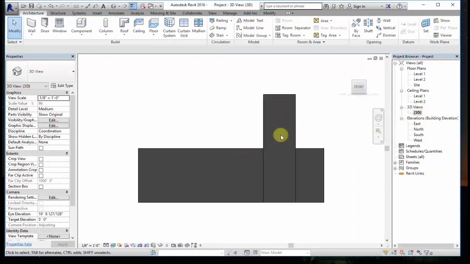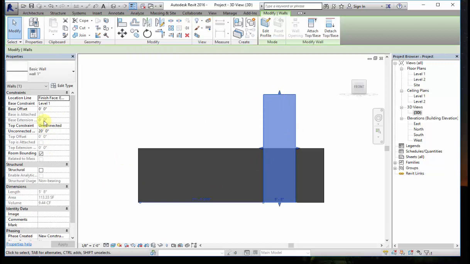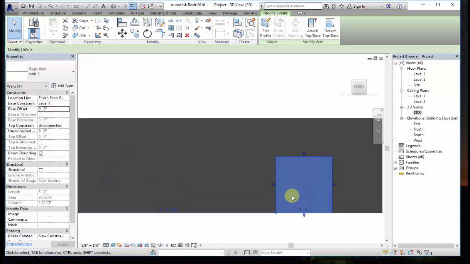Now come here to the front view and adjust the height of it. Base offset, whichever you want, you can adjust it here by using the grid points itself.